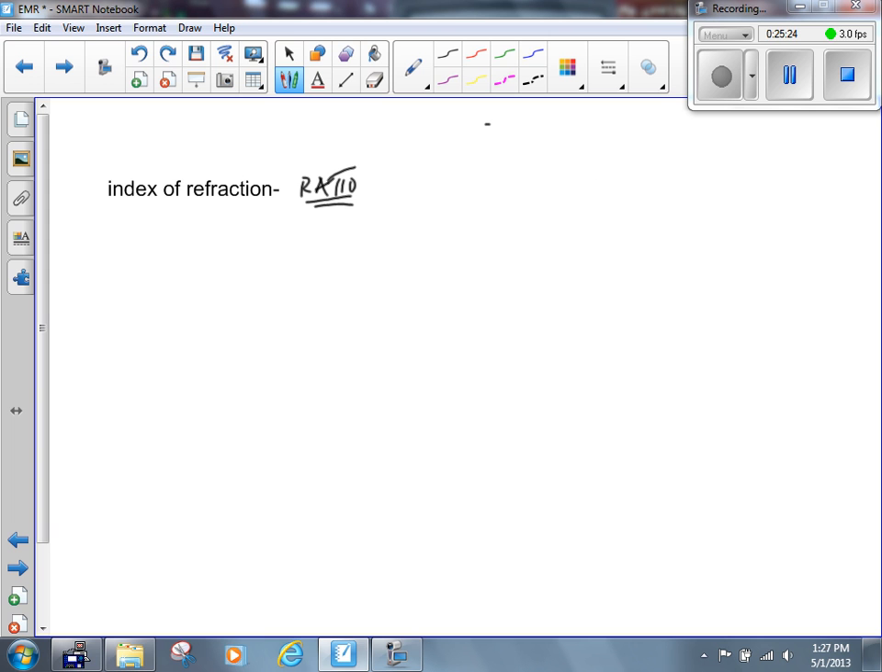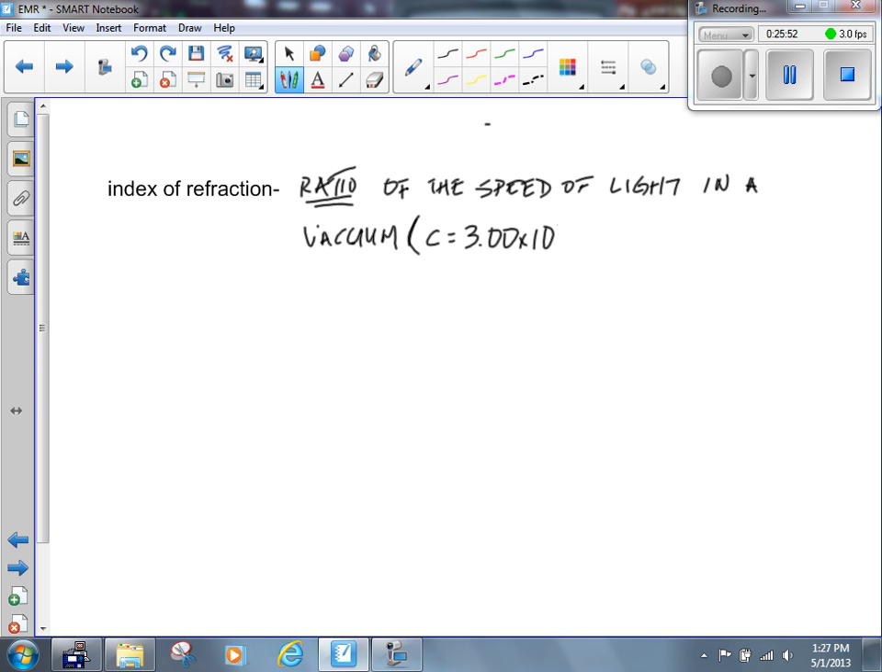This is the ratio of the speed of light in a vacuum. We're going to give the speed of light in a vacuum a new symbol. We called it V up until now. And now we're going to call it C, because we're also going to have another speed mixed into this whole thing. The speed of light in a vacuum is 3.00 times 10 to the 8 meters per second. So it's the ratio of that speed of light in a vacuum